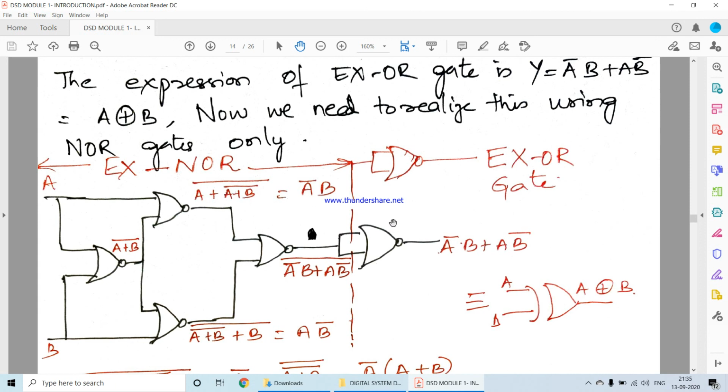If you connect another NOT-equivalent NOR gate here, then you get the XOR gate output. So this connection is XNOR. The output of that is given to the NOT-equivalent NOR, which will give you XOR. So half of this, till this NOR gate, it is XNOR, whereas once you connect this NOR gate to the output of that, you will get XOR. So therefore this is how we realize the different basic gates using universal gates. I hope it's clear to you all.